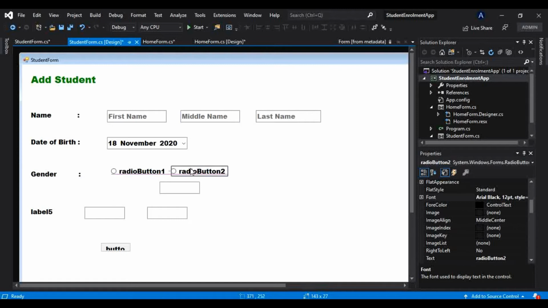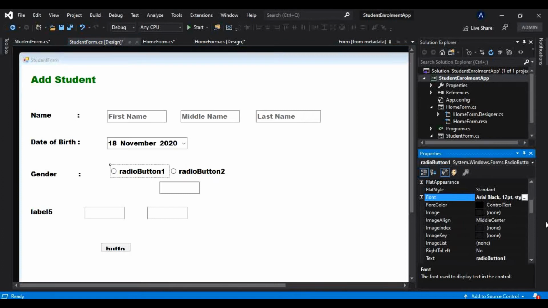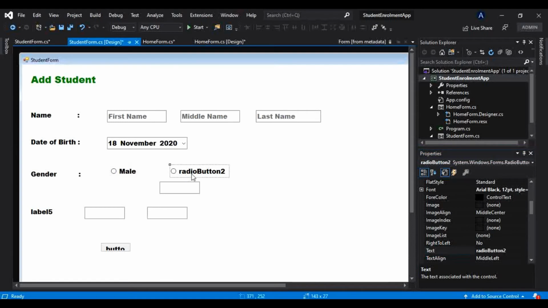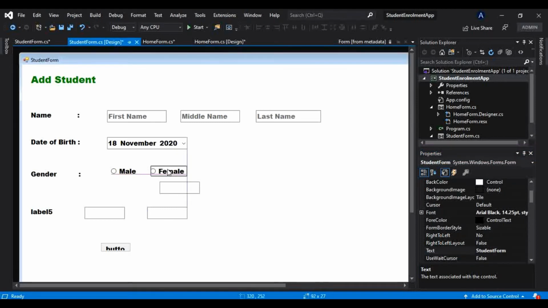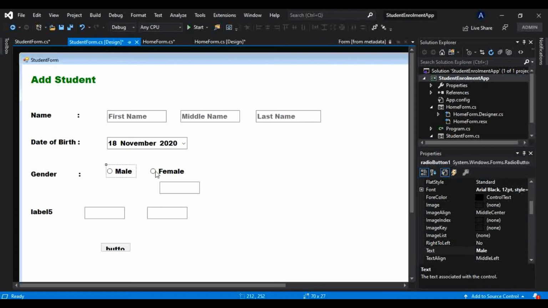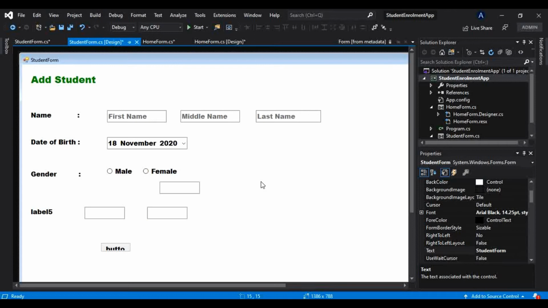and I will arrange that here, and I will name that first as male, that is here, and second as female. Okay, so I will arrange that properly here. Alright,